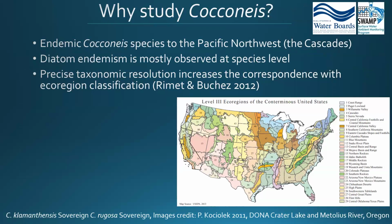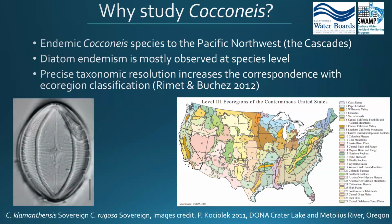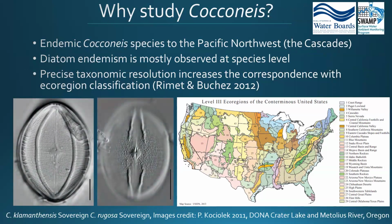Also, there are endemic Cocconeis species described from the Pacific Northwest, more specifically the Cascade Mountains, which are obviously a hotspot of Cocconeis diversity. Here you see the raphe valves of 2 species endemic to the Pacific Northwest, Cocconeis klamathensis and particularly Cocconeis rugosa. Maybe for klamathensis the records are a little bit more widely distributed. These 2 species are described from an area on the boundary between Oregon and California. And I've seen both species, of course very rare, as a few single valves in some samples in Northern California,